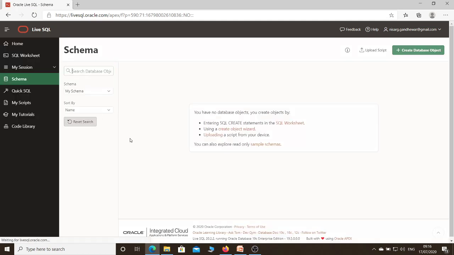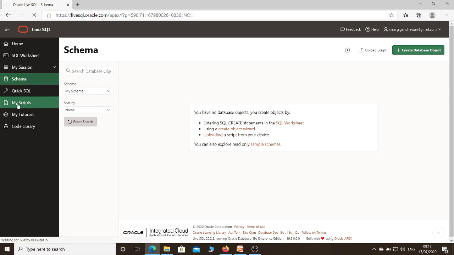Next one is the schema tab. Here it will not show anything because I have not created any table. As soon as I create one table, I can see the tables that I have created. Schema means the overall structure of your database, and it will represent the name of the table and its attributes. Currently I have not created any table, so no table is provided. But as soon as I create a table, here you will see the details of the table.